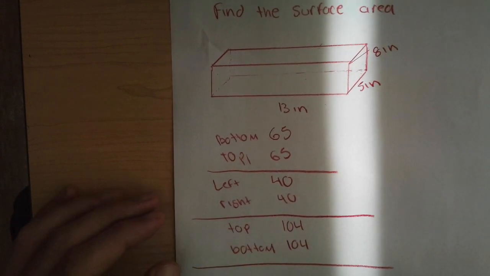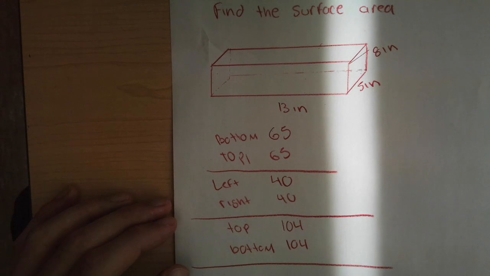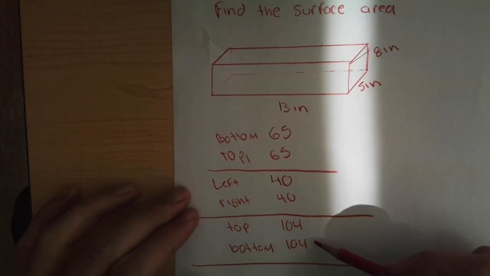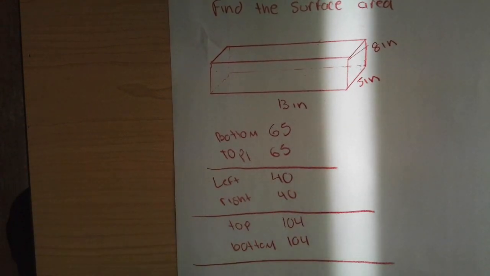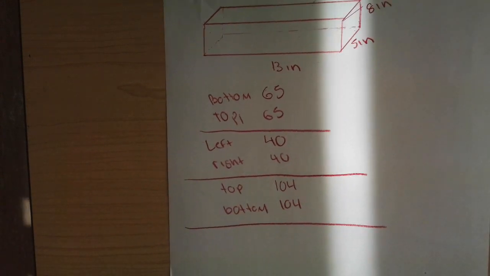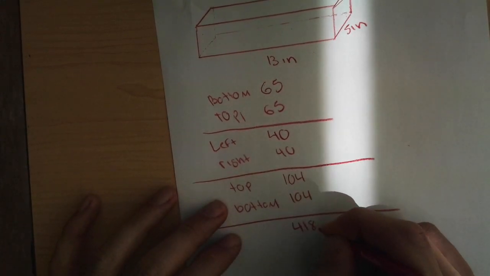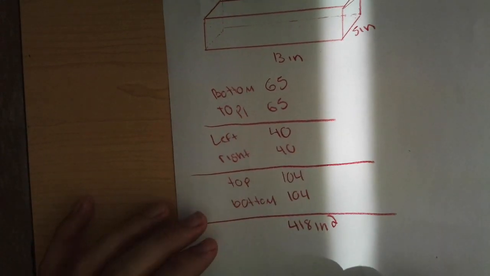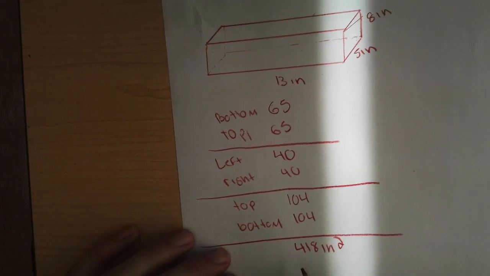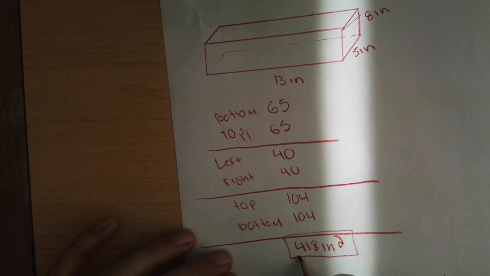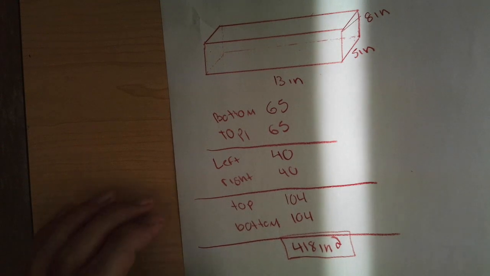Since we're finding the surface area, or the area of all the surfaces, we'll need to take these areas and add them up. So pause the video and add up all the areas here. When I add up all the areas, I get 418 inches squared. So the surface area for my rectangular prism is 418 inches squared. We learned how to use both nets and a formula to determine the surface area of various